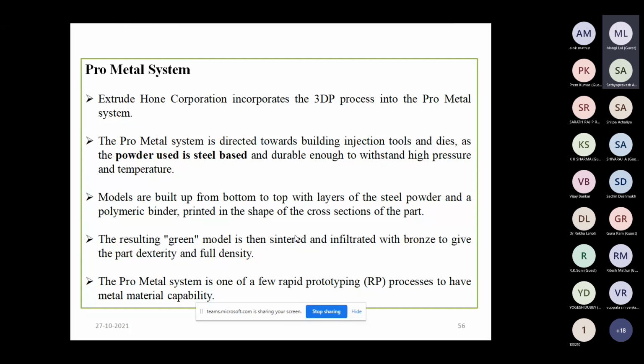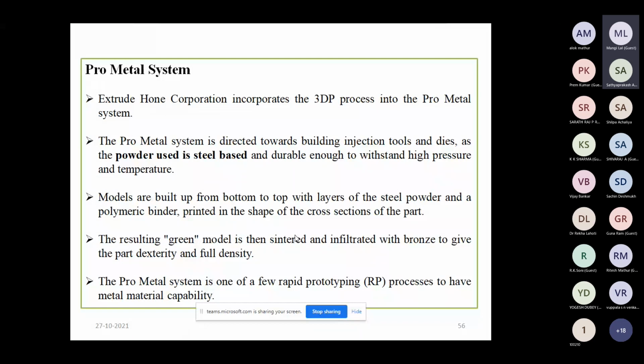Basically, in the 3D printing technique, we use powder in the polymer form, okay, and one binder. But here, the powder used is steel powder, because we have to generate metal components. So the powder used is steel, and some polymeric binder can be used.